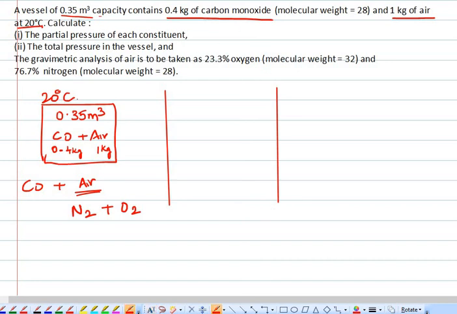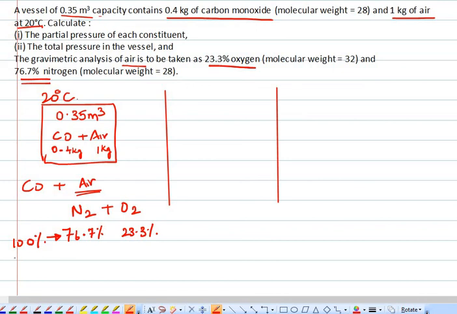Also it is given the gravimetric analysis of air is 23.3% oxygen and 76.7% nitrogen. So nitrogen will be 76.7% and oxygen will be 23.3%. It means in 100%,